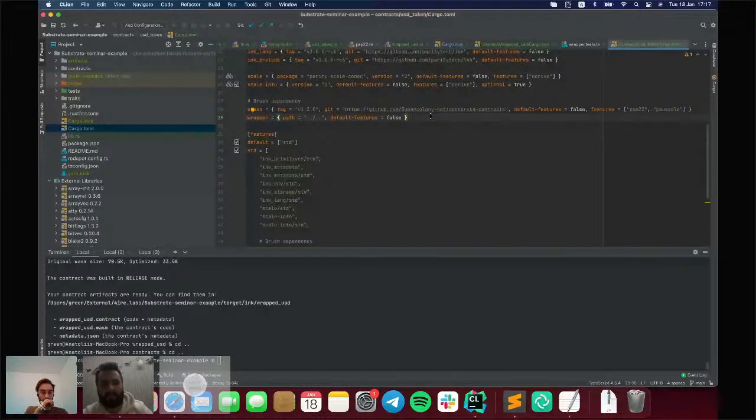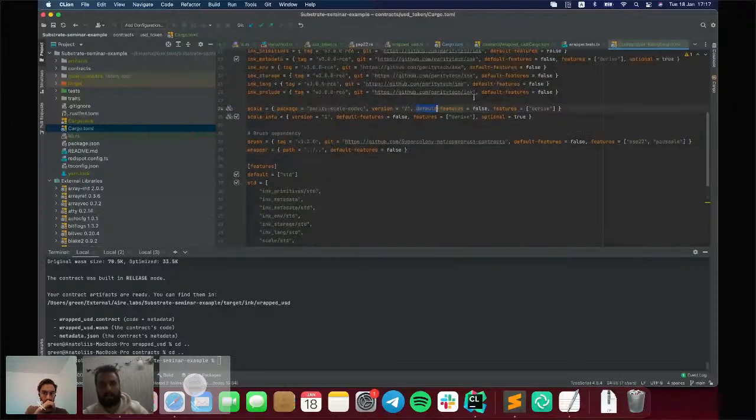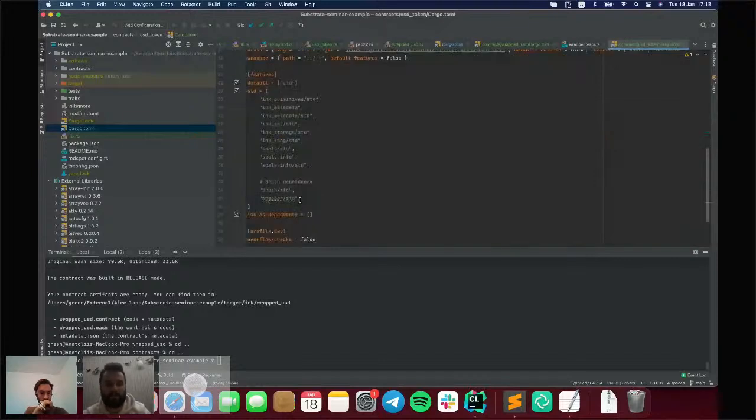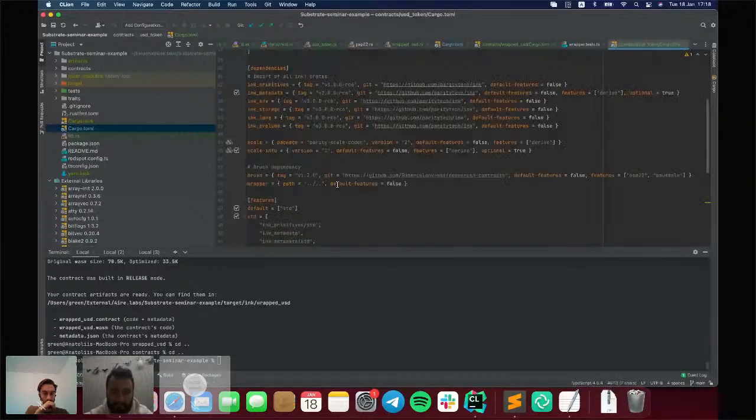So by default, we are importing other packages in no STD mode, but when it requires STD, it will call STD. So okay, it is how we imported our new wrapper.